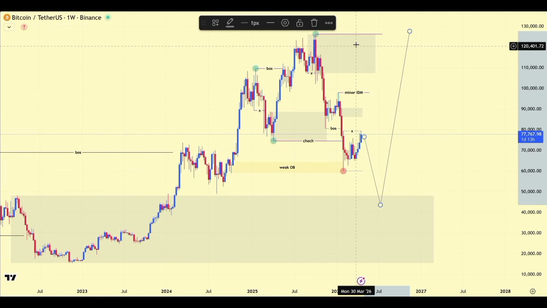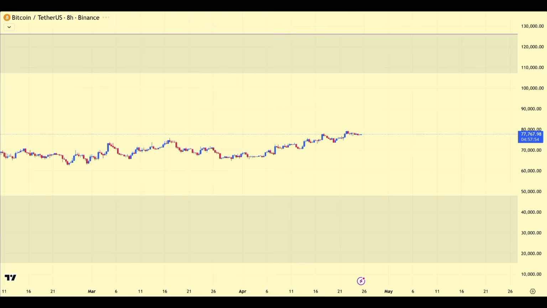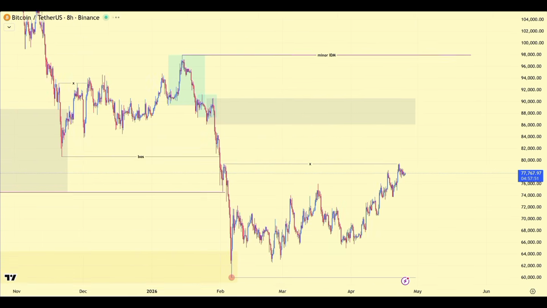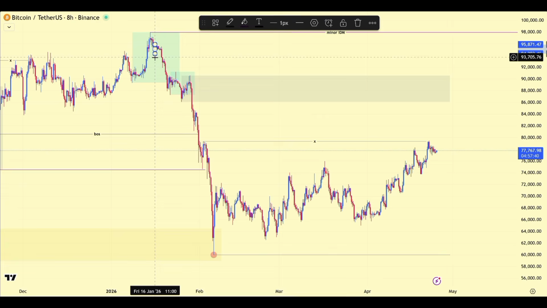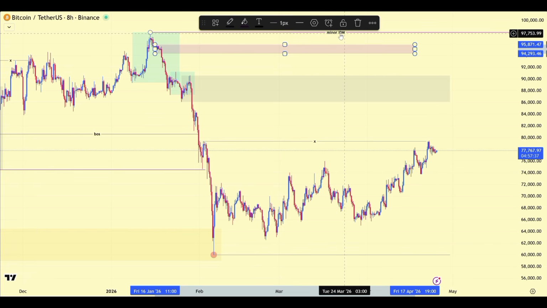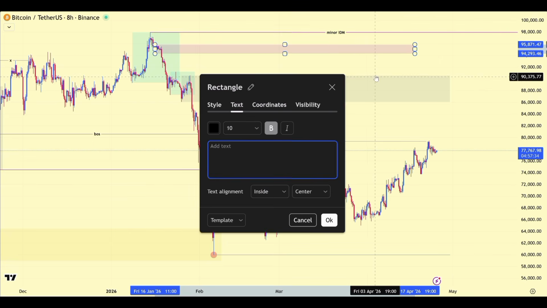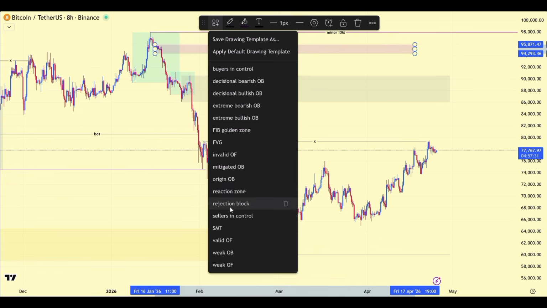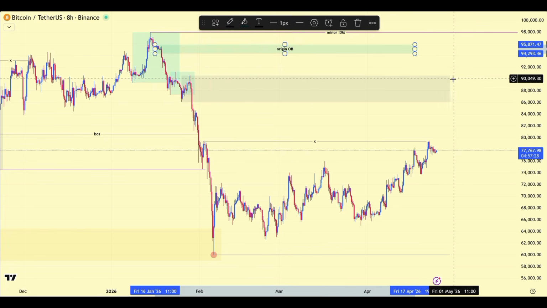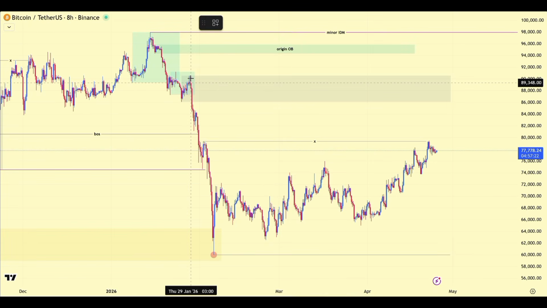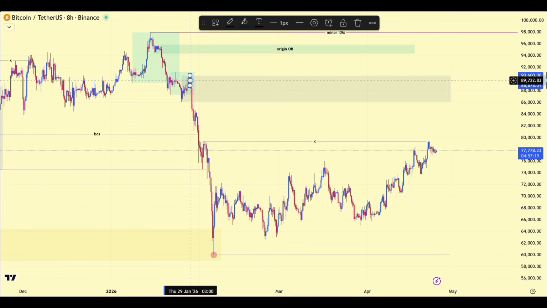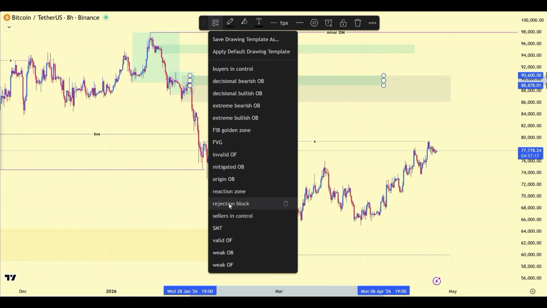But just like I said, if the 8 hour or the 4 hour or our lower time frame in general fails, that is, price fails this core liquidity level, this one here, and at the same time fails this extreme order flow here, as well as the origin order block above here, then in that case we'll be looking forward for price taking out the weekly inducement. Of course, this here is what we call the origin order block. So it is only valid after price has failed the extreme order flow as well as the order block that is present inside here. So if price fails these two POIs as well as the core liquidity level down below,